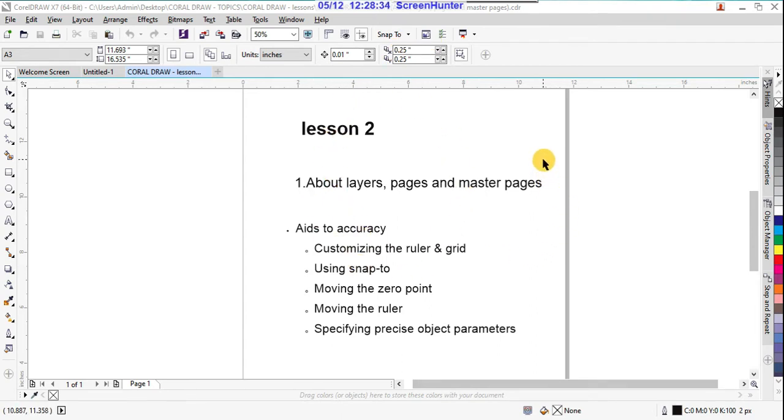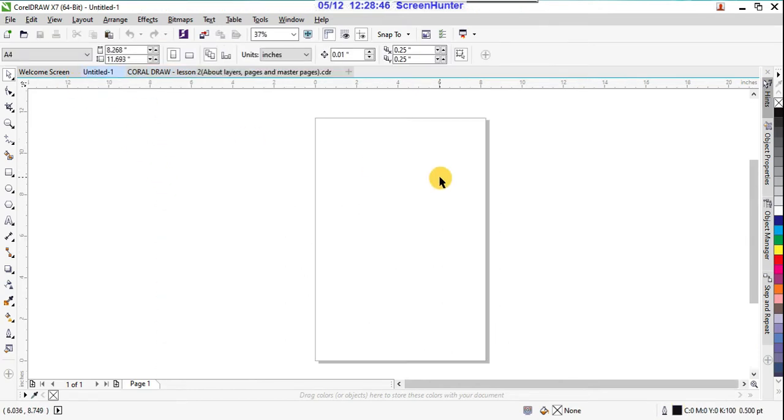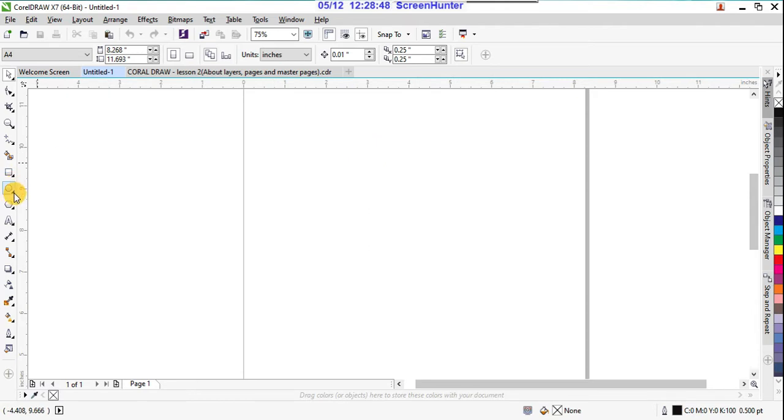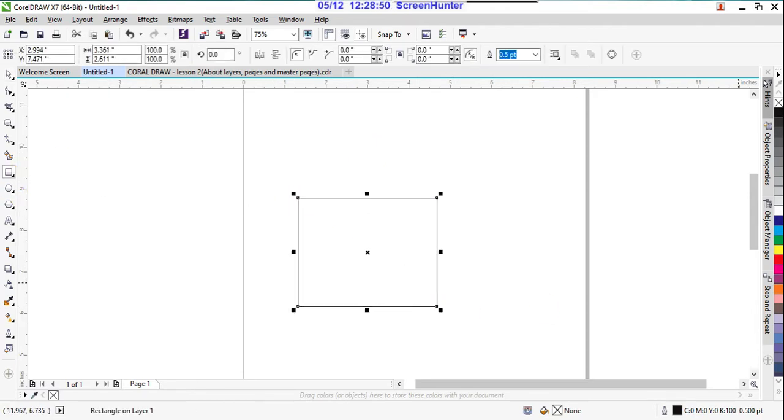First, about the ruler and grids. We know we sometimes use rulers as guides. Suppose this is my object.